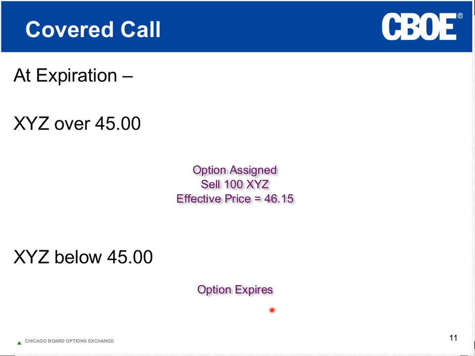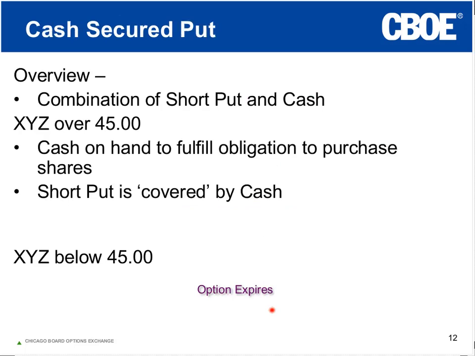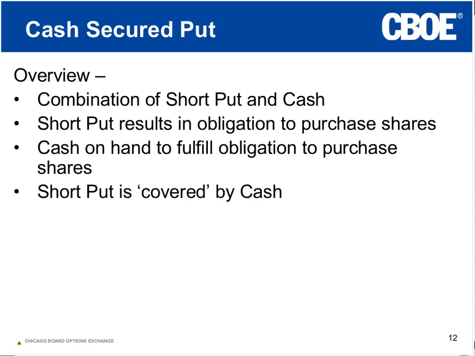Now the second strategy is what is referred to as a cash secured put. The cash secured put is a combination of selling a put option and having the funds to purchase shares. Over the last couple of years, there's an individual that reportedly